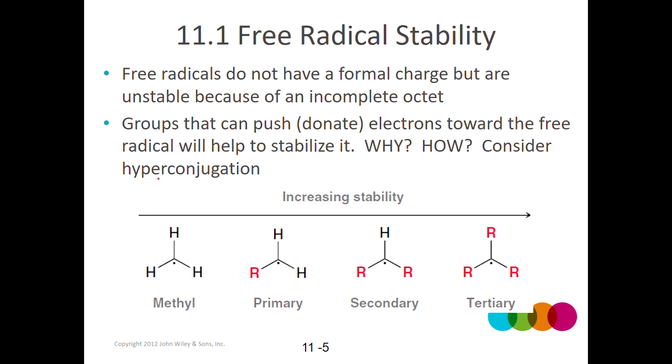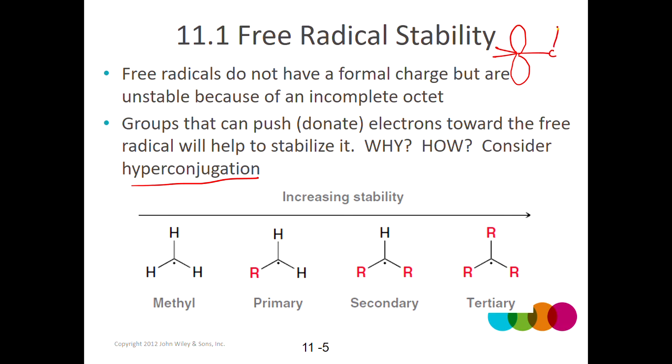So how can a free radical be stabilized? There's a few different ways it can be stabilized. We're going to look at them. So one is hyperconjugation. We talked about hyperconjugation last semester in the context of stabilizing a carbocation. So if you have a carbocation, what you're dealing with is an empty p orbital. There's no electrons there. So we can stabilize that more effectively through resonance, but it can also be stabilized through hyperconjugation. And hyperconjugation involves some sigma bond on the neighboring atom